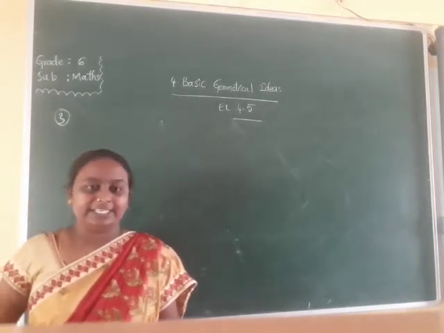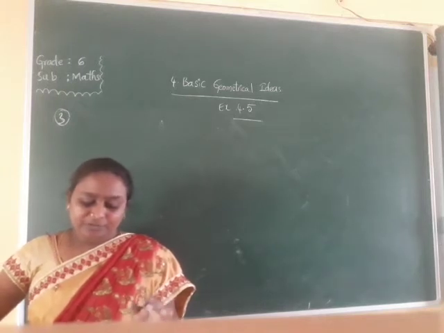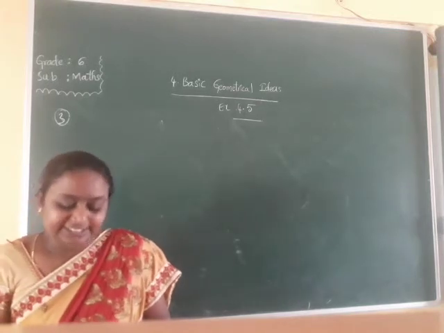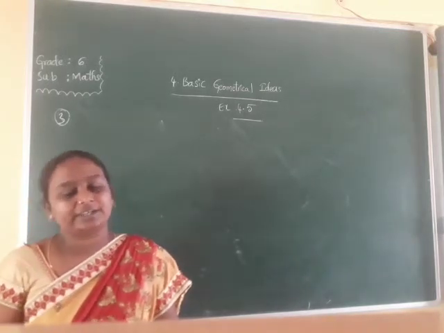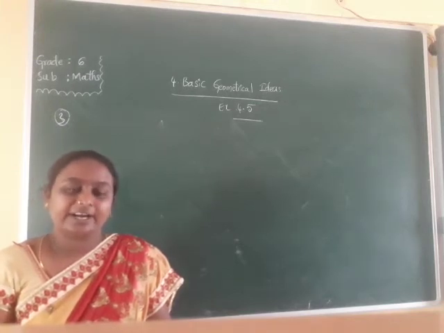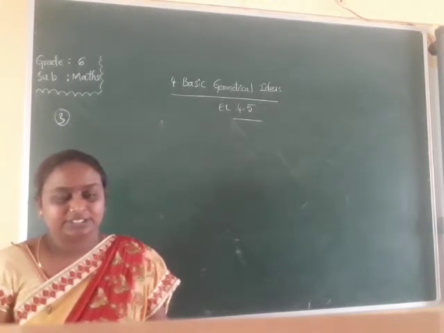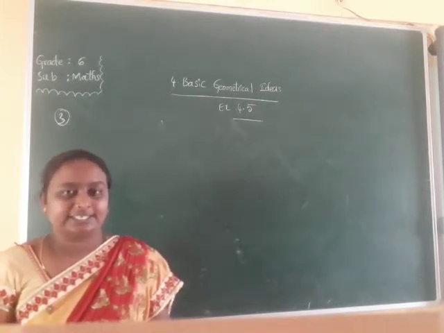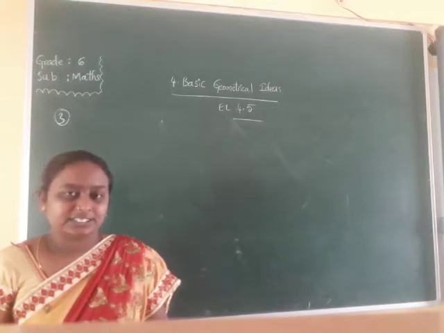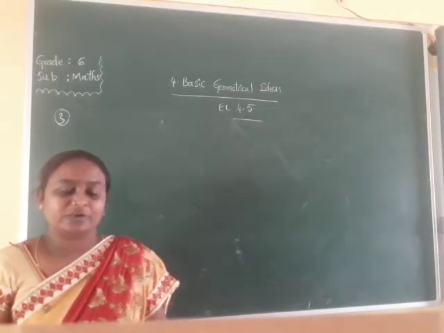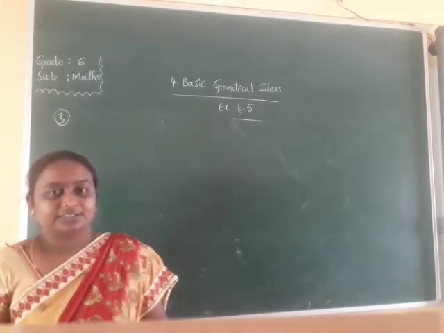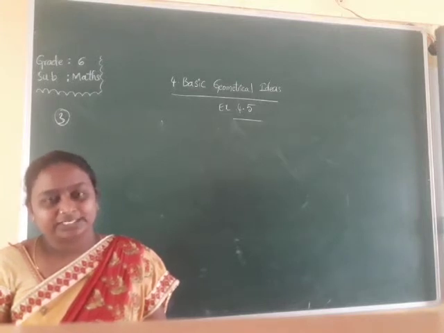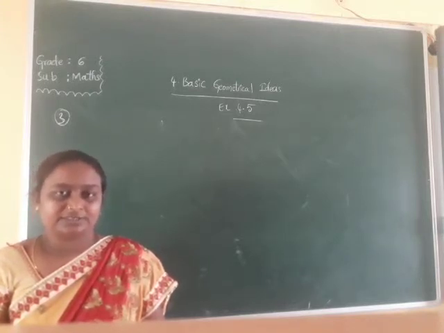So listen carefully. We have to find here why triangular shapes are used in electric towers. Why are they not using quadrilaterals? If they use a triangular shape, how is the structure? Is the construction strong? If they use a quadrilateral, are the electric towers strong or not? Okay, so can we solve this one?